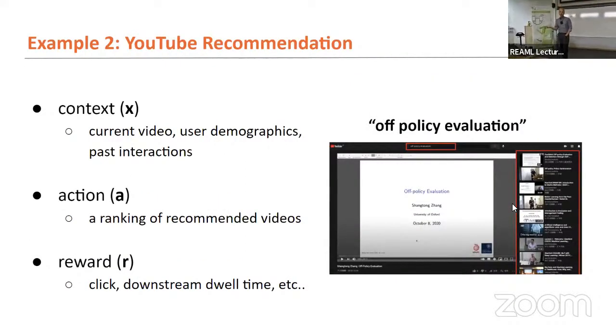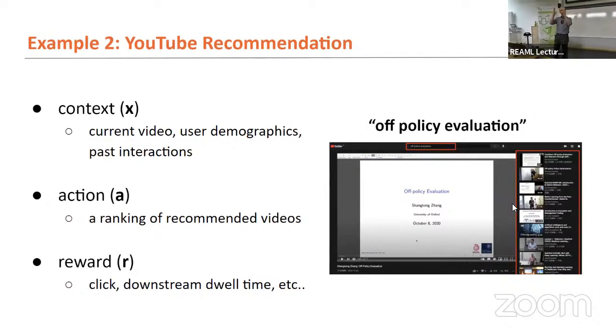Or maybe YouTube recommendations. You have the query of policy evaluation. It knows a little something about you, and you're now at this off-policy evaluation slide deck or talk. And then there's a ranking to the right of what else you may be interested in, right?